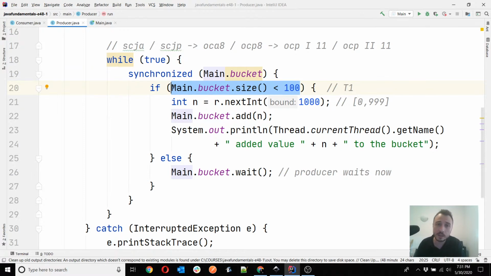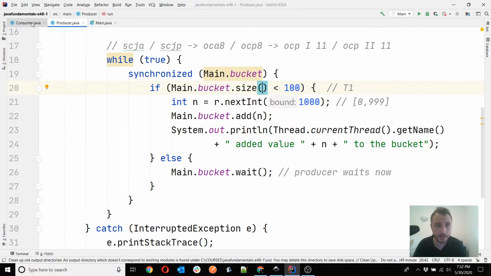Logically, it might continue only after at least one consumer has consumed a value. Because if a consumer was executing and consumed a value, now you have fewer than 100 values in the list, and then it makes sense that the producer can continue its execution.